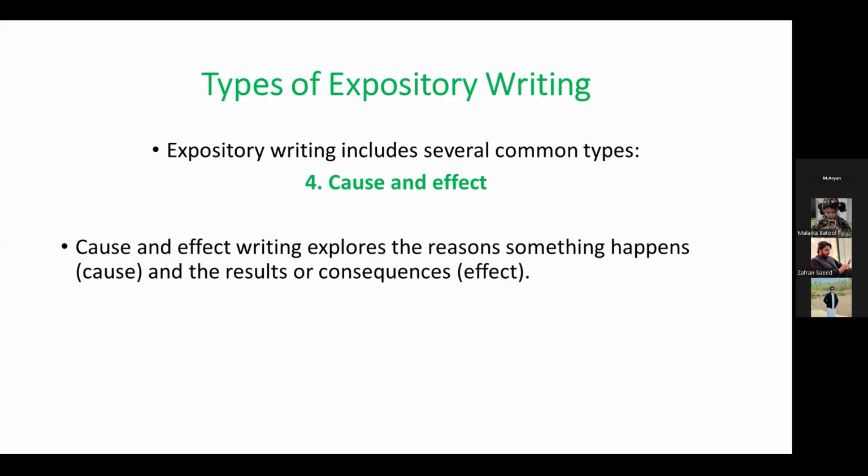ताकि उनको एक्सप्लेन करने में हमें आसानी हो। उसके बाद हमारे पास कॉज एंड इफेक्ट राइटिंग है। कॉज एंड इफेक्ट राइटिंग में सबसे पहले हम किसी चीज़ का कॉज एक्सप्लेन करते हैं, यानी हैपनिंग बयान करते हैं, और उसके बाद उसके रिजल्ट या कॉन्सिक्वेंसेस को एक्सप्लेन करते हैं।